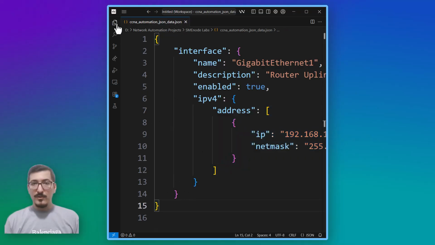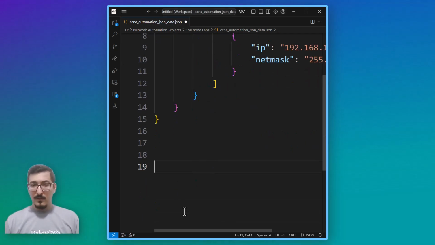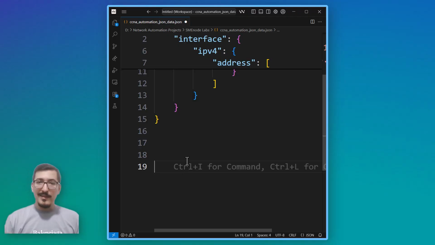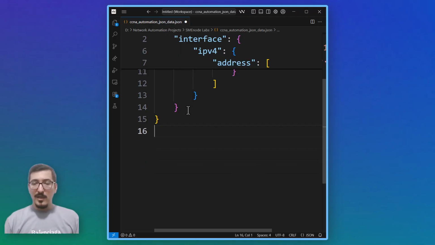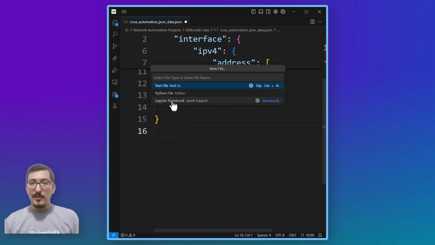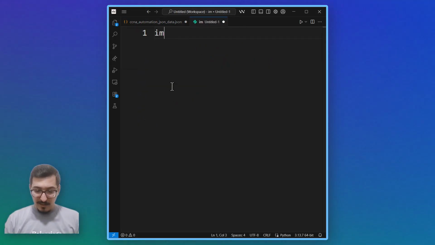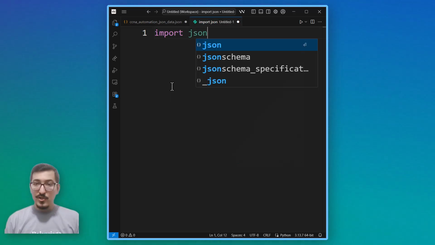Here, first of all, let's make it smaller here. We can type it at the end of this JSON file, or we can type at the new file. We can say that this is a new Python file. Here we can say import JSON,